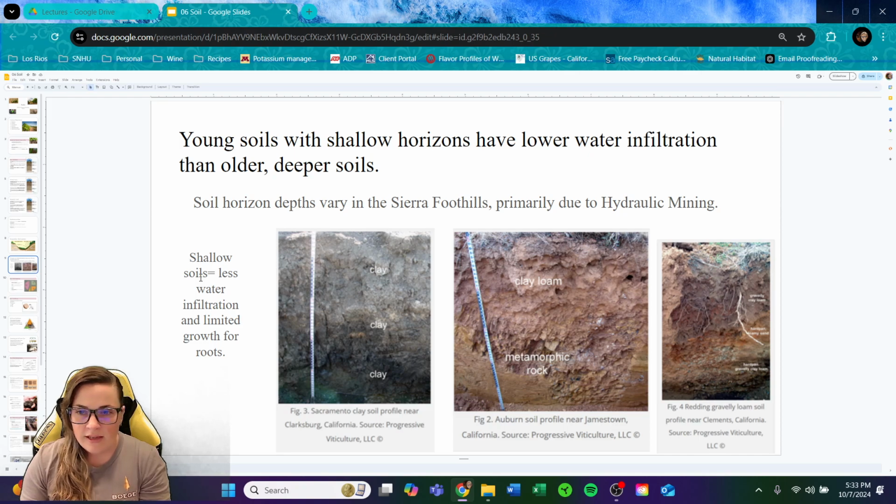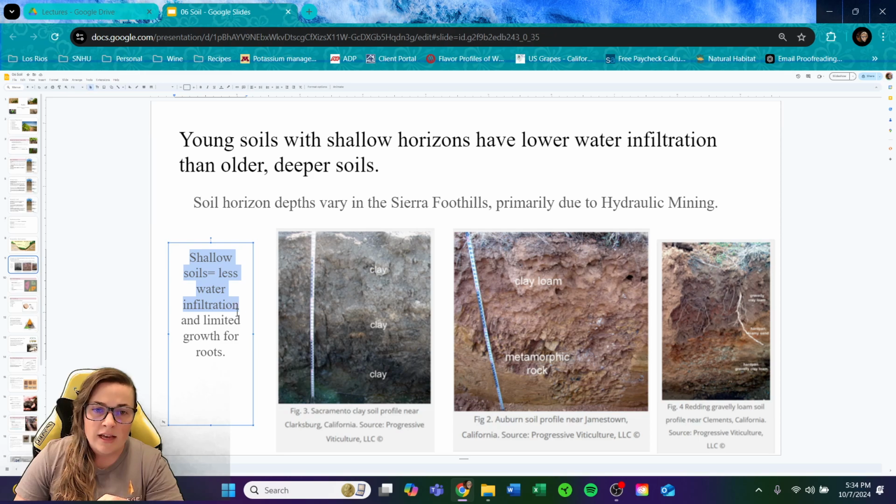So sites will differ, but it just depends. So the big takeaway is shallow soils have less water infiltration and limited growth for roots. It becomes very difficult,